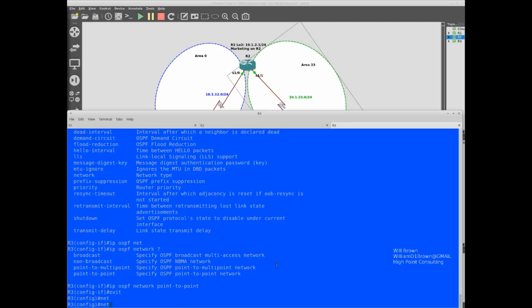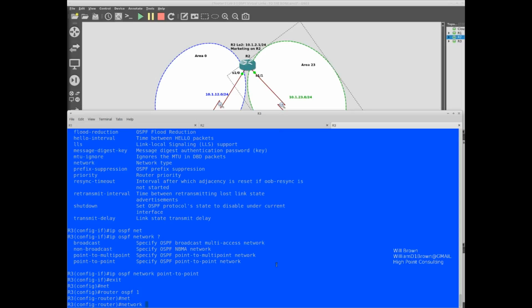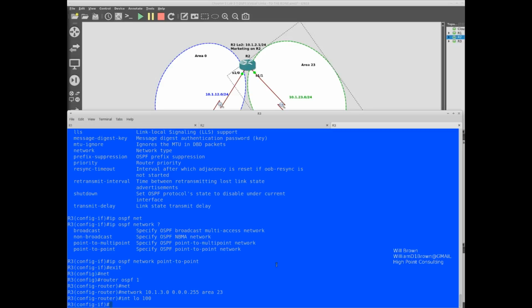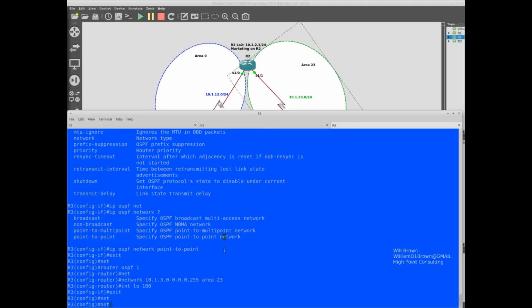Router OSPF 1, network 10.1.3.0 0.0.0.255 area 23, interface loopback 100, network. I'm jumping ahead of myself.